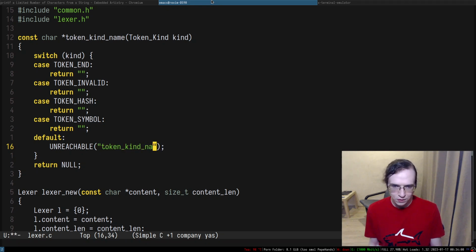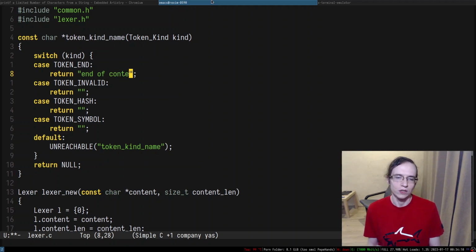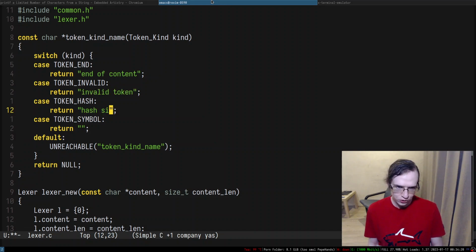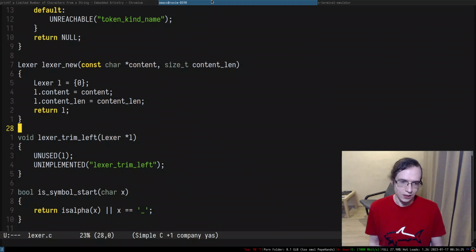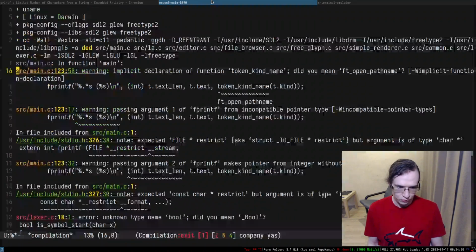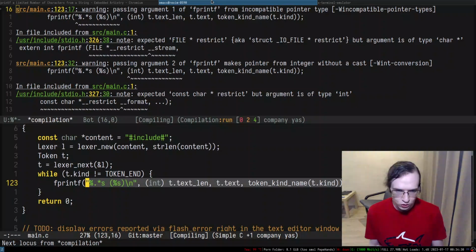Token kind name. So end of... what? End of stream content. Let's call it end of token. End of content. Invalid token. Hash sign. So this is a hash sign symbol, right? So this is kind of stuff. So token kind name. Right, so if we try to compile that, it should complain about unreachable